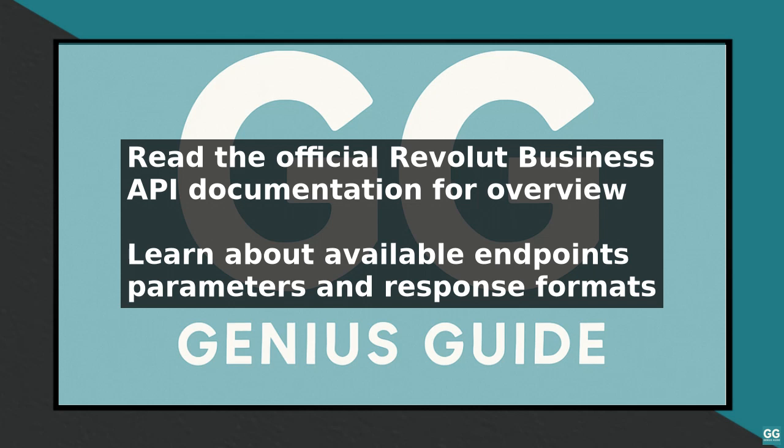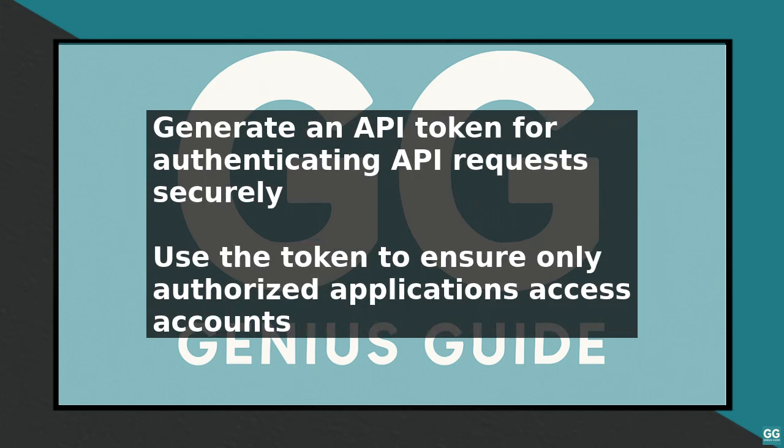Next, you can start making API requests using your preferred programming language. For example, you can use the API to retrieve a list of your business accounts, create a new payment, or retrieve a transaction history. The API returns data in JSON format, which can be easily parsed and integrated into your